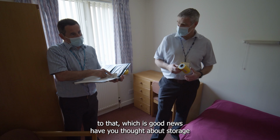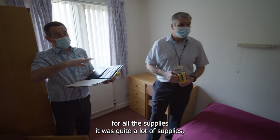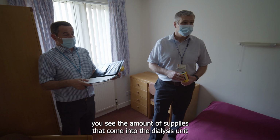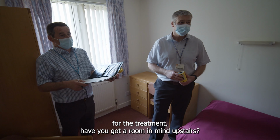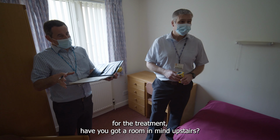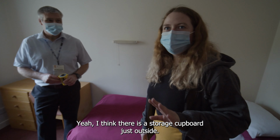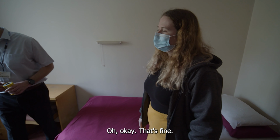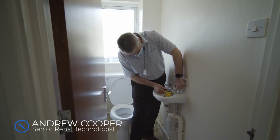Have you thought about storage for all the supplies? You know, it's quite a lot of supplies. You've seen the certain amount of supplies that come into the dialysis unit for treatment. Have you got a room in mind upstairs? Yeah, I think there's a storage cupboard just outside. Oh, okay, that's fine. I'm just checking that out to see if I can